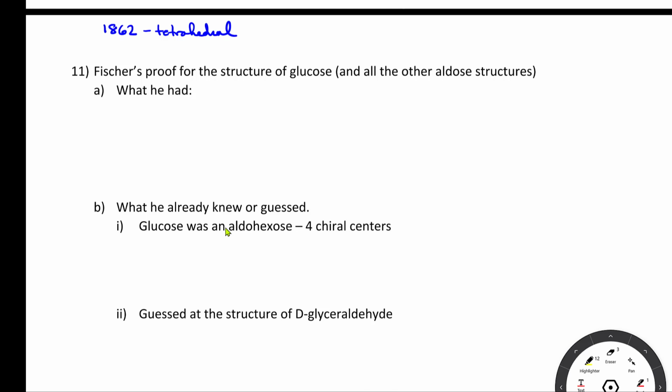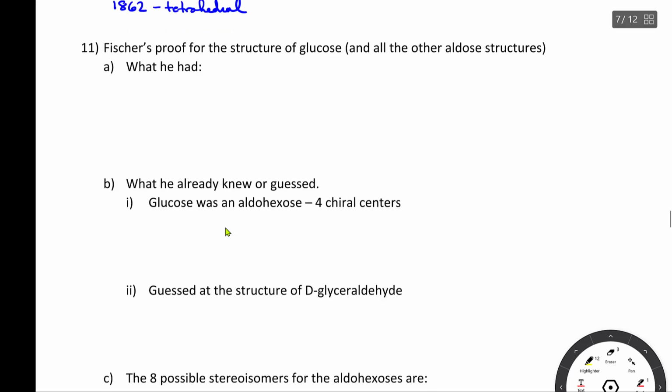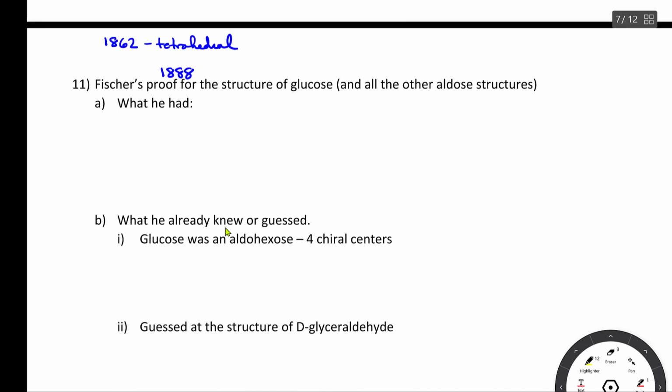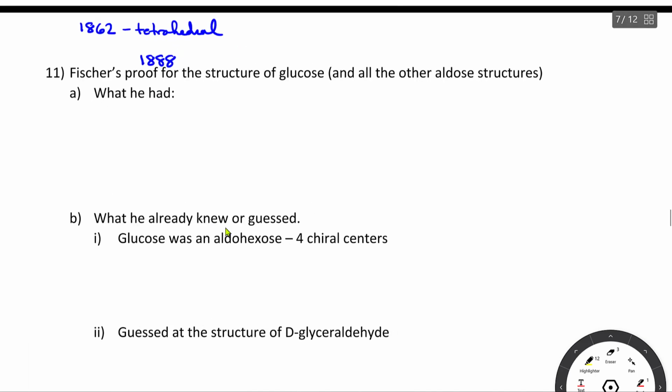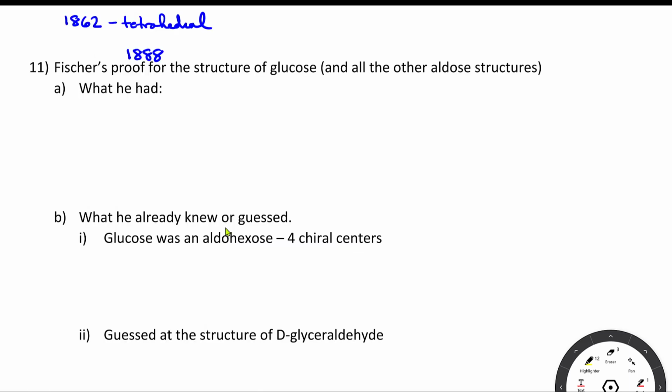Put it in a better perspective, Fischer's proof was around 1888. And so the light bulb was 1879. So that's when Edison invented the light bulb. So you have to think about the kind of stuff that Fischer had his hands on. Well,